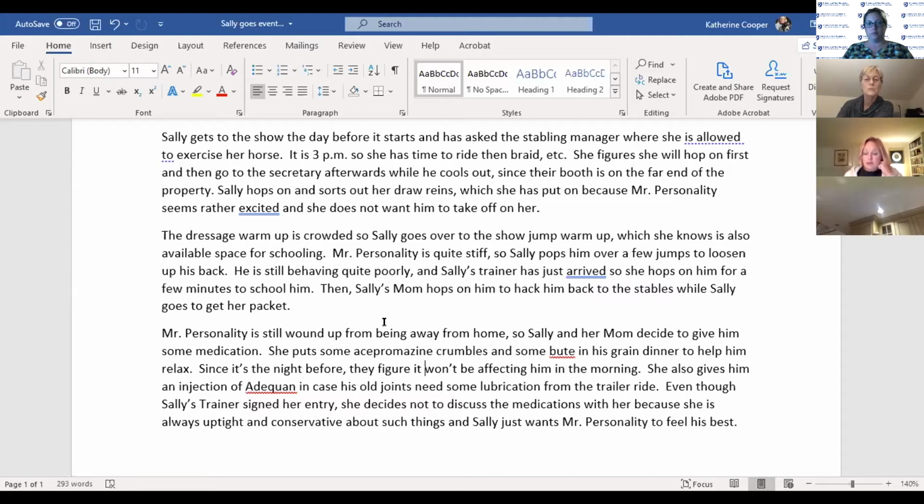Sally, though, not being super careful, also decides to give Mr. Personality an injection of Adequan to lube up his joints because he's a little older and she feels like he was stiff from trailering. Now, Adequan is legal to give your horse, but there's another rule, and this is under the general rules, the GR section. GR 404 is implicated, and also GR 414,